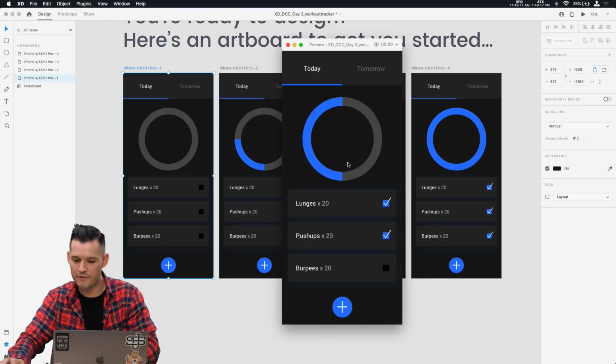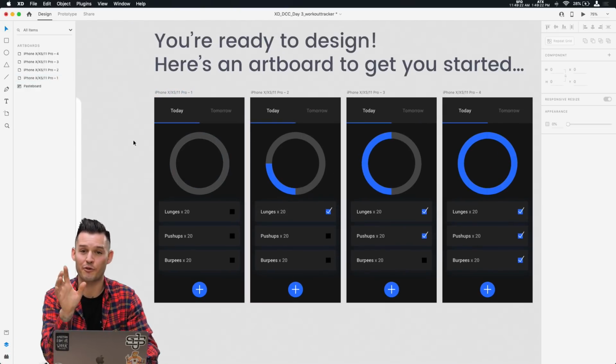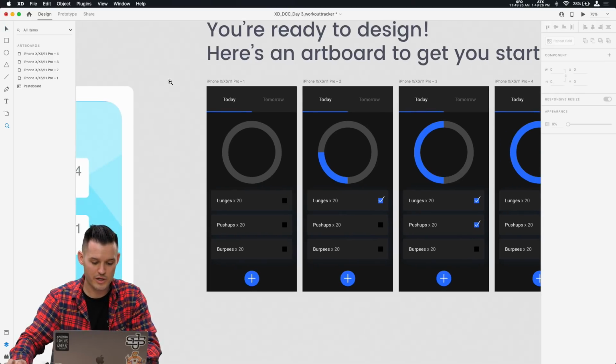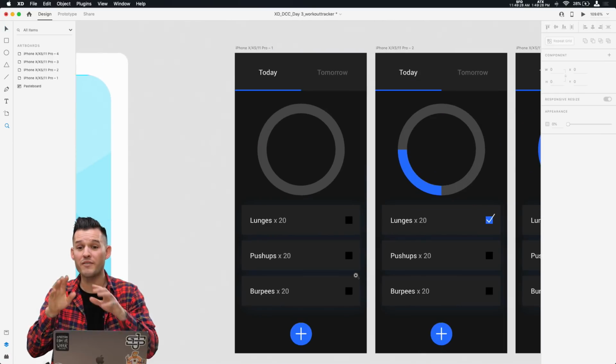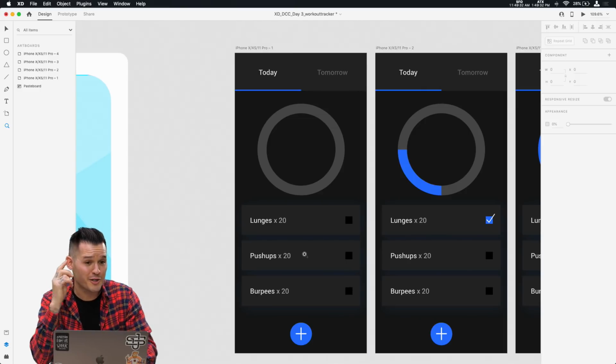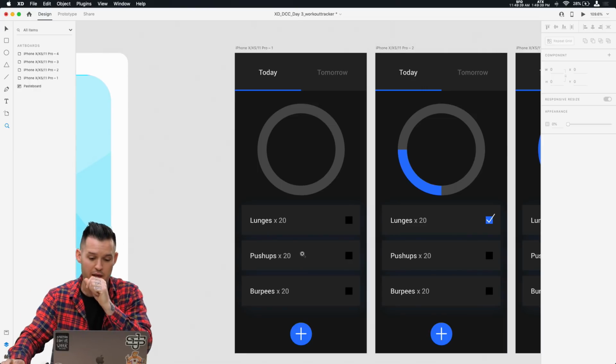Now, we have a few more minutes left. Not too much, we got about 5 minutes, but you could take this further. I wanna give you an idea to roll with. Why don't we just talk about this idea really quick? What if the numbers could manipulate as well at the same time? I'm not gonna be able to finish this in time, but I want you guys to try this and submit it inside of the XD challenge using that hashtag.